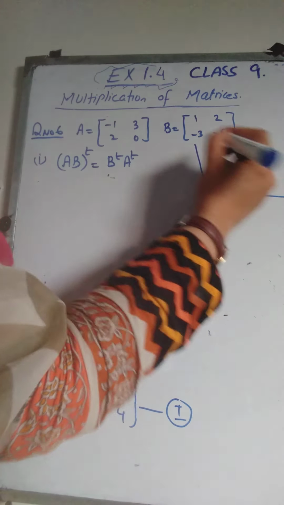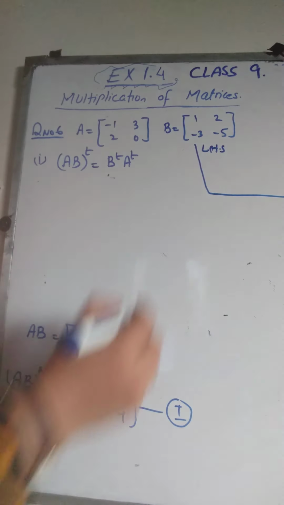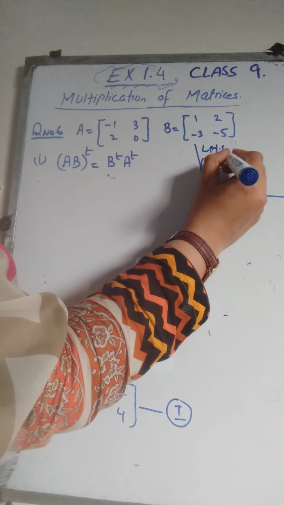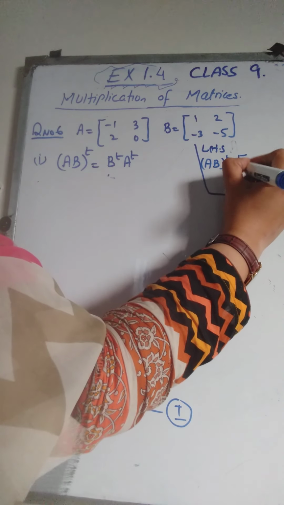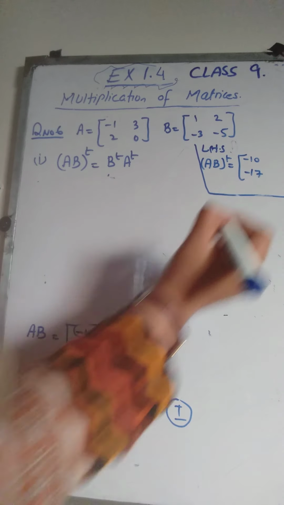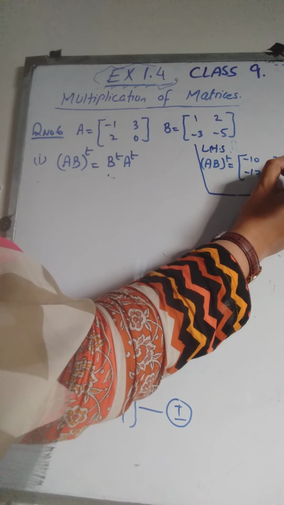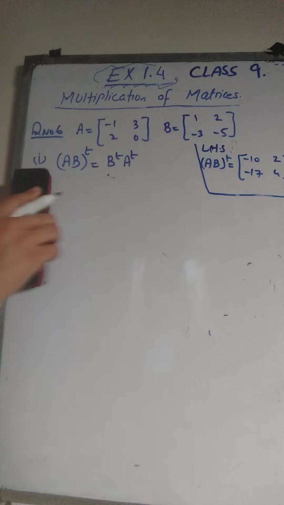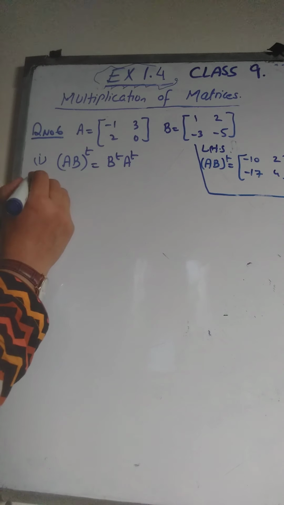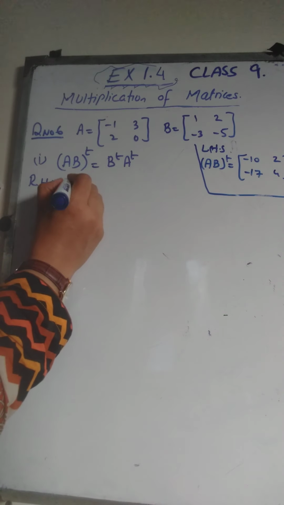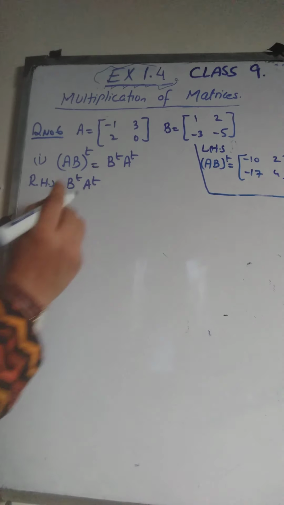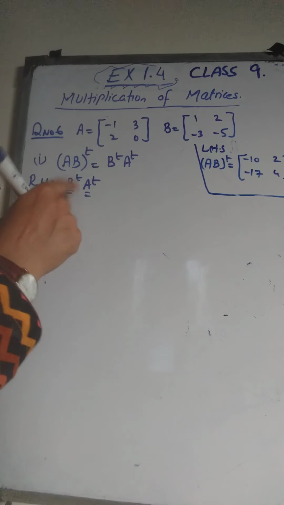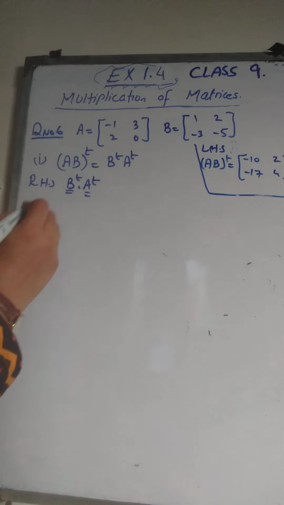We write the result of the left hand side over here for comparison. AB whole transpose is equal to -10, -17, 2 and 4. And we will do the right hand side now. The right hand side is B transpose into A transpose. Here we will calculate the transposes first, and then we are going to take the product. Okay, B transpose will be,